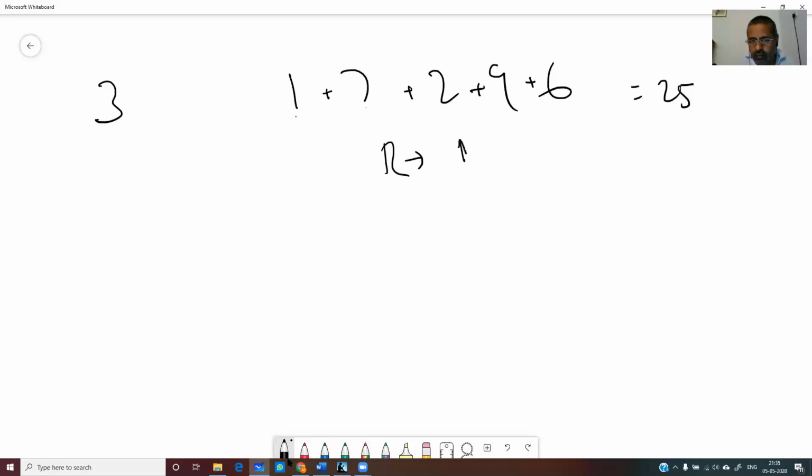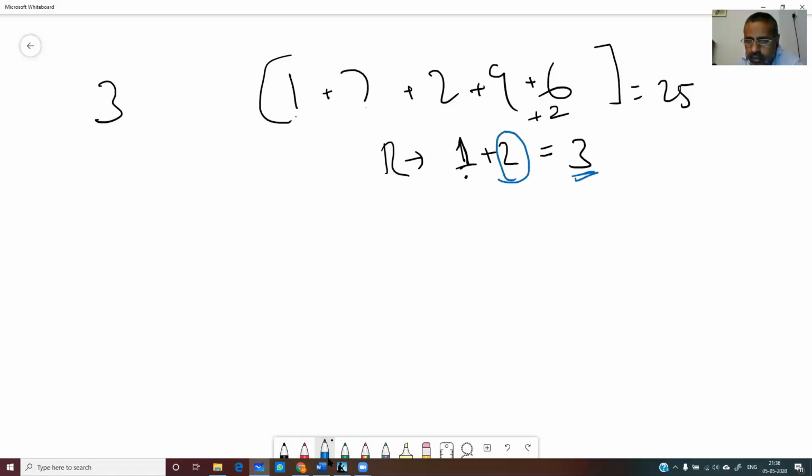So the remainder is 1. Which means, what should be added to 17296 to make it a multiple of 3? The remainder is 1. If you add 2 to it, it becomes 3, so it becomes exactly divisible. Did you understand this? To make it a multiple of 3, I added 2. It became 3, and when it becomes 3, it is divisible by 3. So obviously to this number also you add 2.